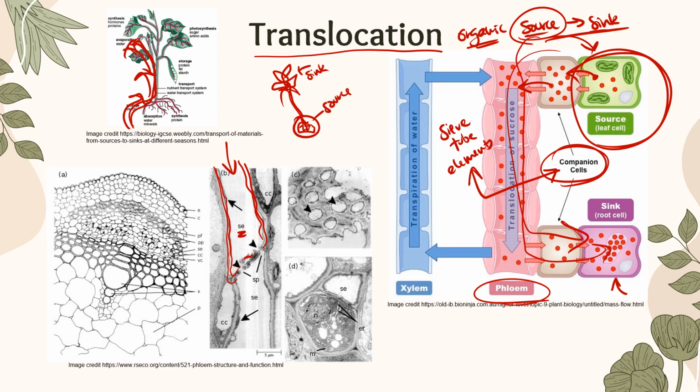It's mostly empty space. These companion cells, CC for companion cell, their job is to load that material into the sieve tube elements, but it's also to keep those sieve tube element cells alive because they're almost dead. They don't have any mitochondria, they don't have nuclei left anymore, but the companion cells can support the sieve tube cells. These sieve tube elements, unlike the xylem, do have some more cell walls left between them, but they've got super amazing giant